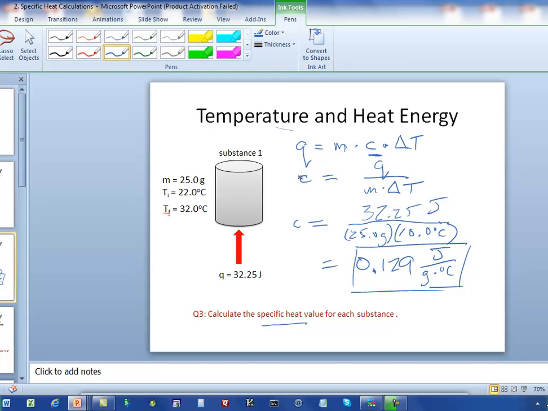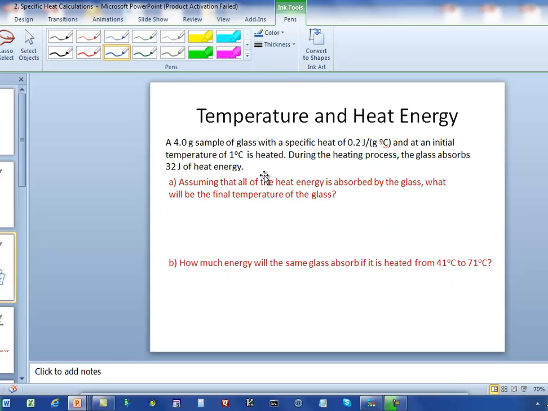Okay, so that, my friends, is how you would solve this sort of problem involving heat and temperature and specific heat and mass. And I will leave it as an exercise: you can try solving for the specific heat of the second substance. You should get something around 4.18, but try to set it up and see if you can get the same thing that I did. Okay, here's another problem, and this will be the last problem on this video. So read the problem carefully,